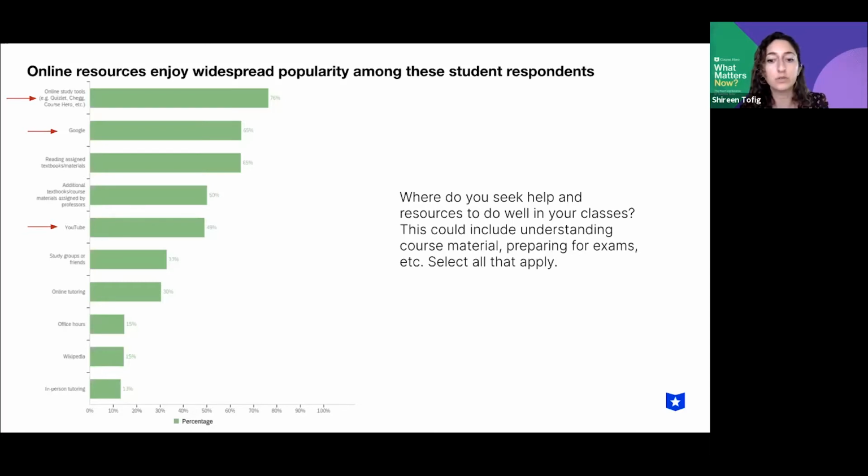In-person or institution-centric options like study groups, office hours, and in-person tutoring were much less commonly used. That being said, we have been in the middle of a pandemic where we know a lot of students lost their in-person resources for school. And given the audience who received the survey, we know that they have a tendency to use online tools, so this isn't surprising. And now let's look at what educators said.